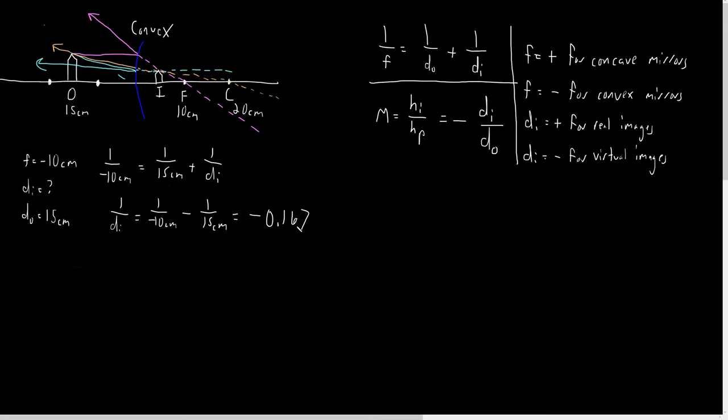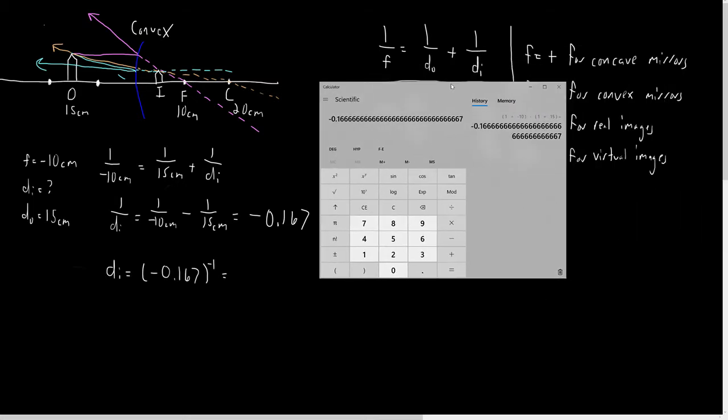So that's what 1 over the image distance is. In order to get just the image distance, essentially I'm just going to raise this to the -1 exponent, because that's just going to flip it. That's going to get my di out of the denominator, and that's just how we solve it. So let's figure out if I can do that, and then raise to the -1, close parentheses, equals